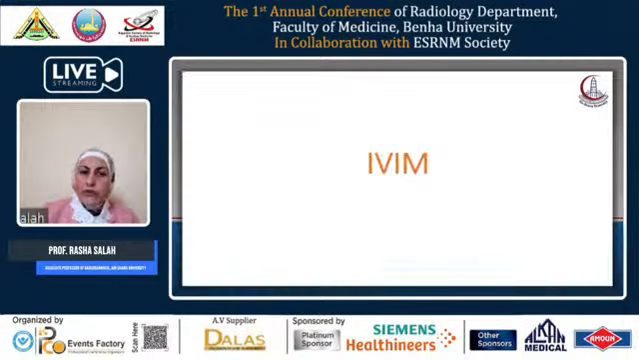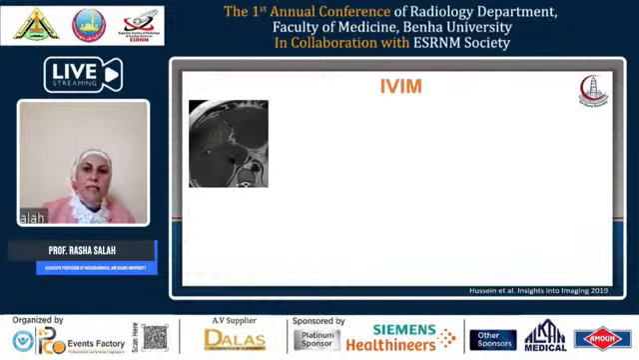Some of our new techniques and power in the MRI is what is called the IVIM, which is a new imaging modality depending on the diffusion weighted image, and it is known as intravoxel incoherent motion. This technique depends on assessing the vascularity and the cellularity of the lesions without the need to have a contrast